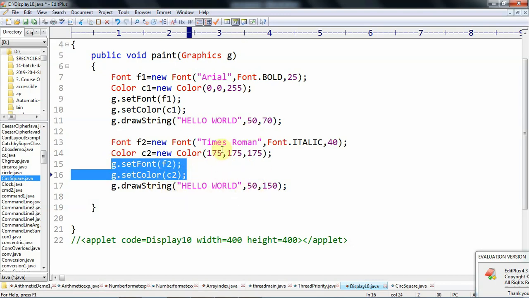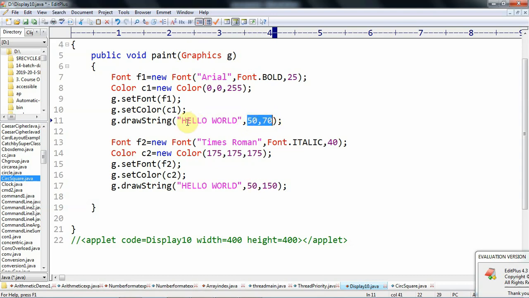Then while printing the hello world, from x-axis 50 pixels, a pixel is nothing but one dot. So simply this dot indicates the pixel. At the 50, 70th position we print the first line, hello world. We need to print this hello world in another line. That means we need to move downwards, so that's why we increase the y coordinate, not the x coordinate. So to print the hello world in the same position in different lines, we need to change only the y value.